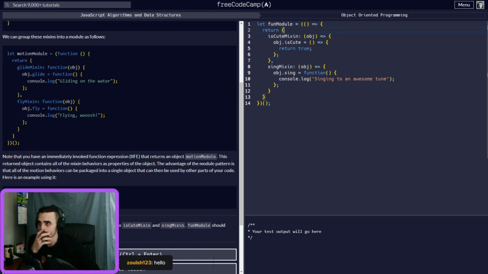But since when this is called we're using a return, it's either going to be this or it's going to be this. So it's going to take a parameter here. So name fun module, right? And the mixin should return an object.